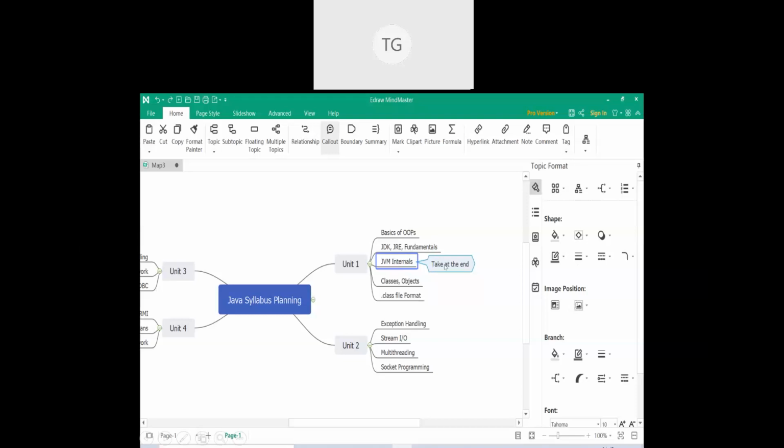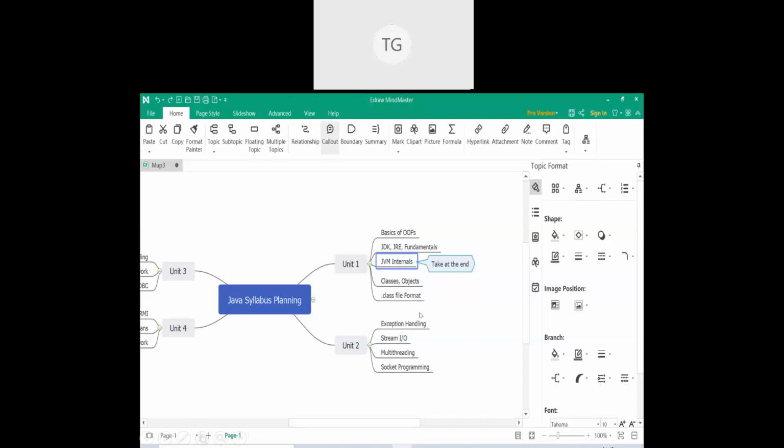So in my lecture planning or in my syllabus design, what will I do? I will mention a callout. Under the home tab on the top panel, there is a callout option. This callout option you can attach to any one sub branch and add a comment here, which means I've written I am going to take up JVM internals towards the end. This is a topic that I am going to cover at the last of the unit. So when a student sees this syllabus plan or the syllabus design, he will understand, okay, ma'am has not covered this topic, she will be doing it at the end. Because even when I need to study personally, I should be taking it up at the end. That's the flow that she wants me to maintain. So you can add callouts.